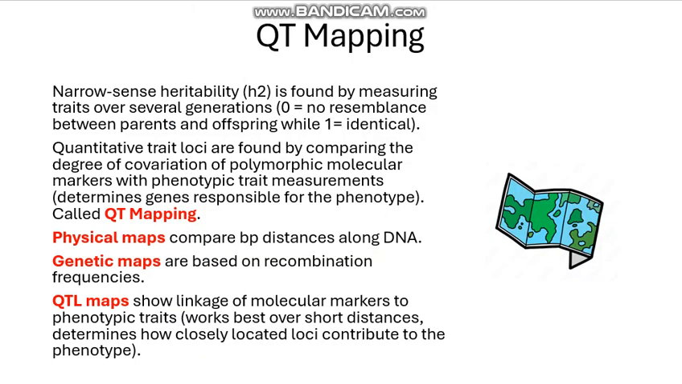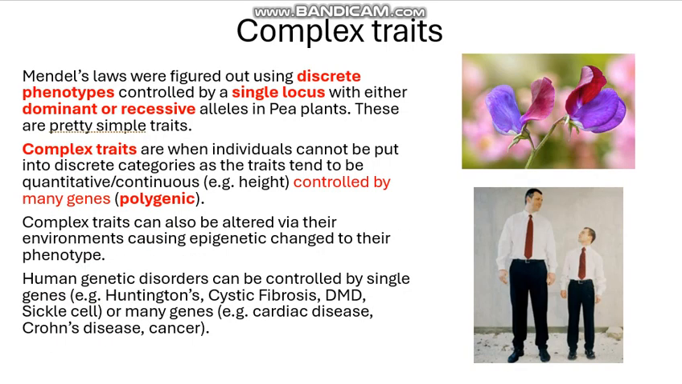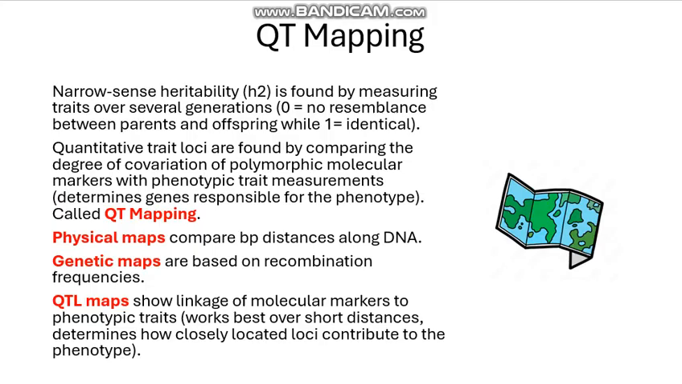Moving on to the topic of quantitative trait mapping. We previously talked about what these quantitative traits are. They're complex traits controlled by many genes. They tend to be continuous, so think about things like height. And we are able to map these through